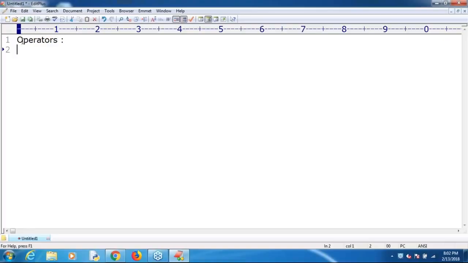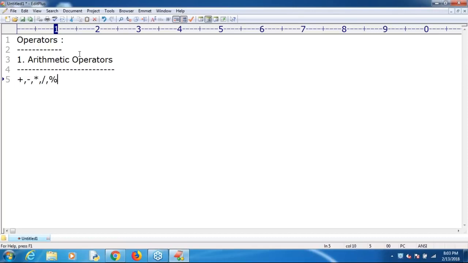We had a discussion about the operators concept. We just started, right? Okay. So now let me talk about the two types of operators we covered already. What is the first category we discussed? Have you remembered? Arithmetic operators we covered. In the arithmetic operators, which symbols did we cover? Plus, minus, multiplication, division, and modulo.